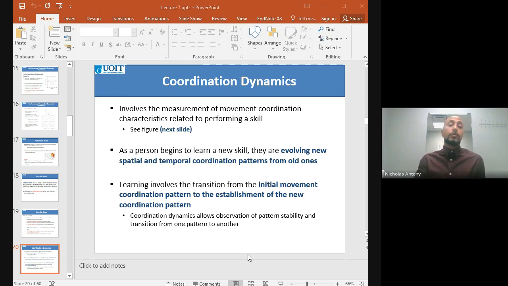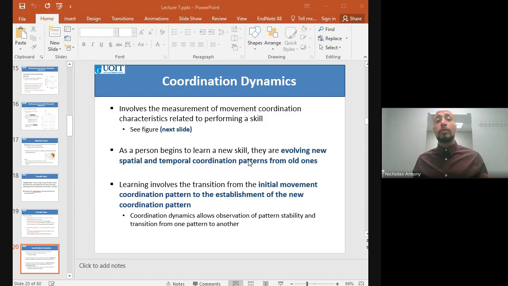Perfect. And so the last one is testing coordination, or coordination dynamics. Researchers wanted to look at different ways to provide a measurement of coordination. And then you can use that to map learning because you can see how the coordination was changing over time. And the reason why they wanted to do this is because the general theme of